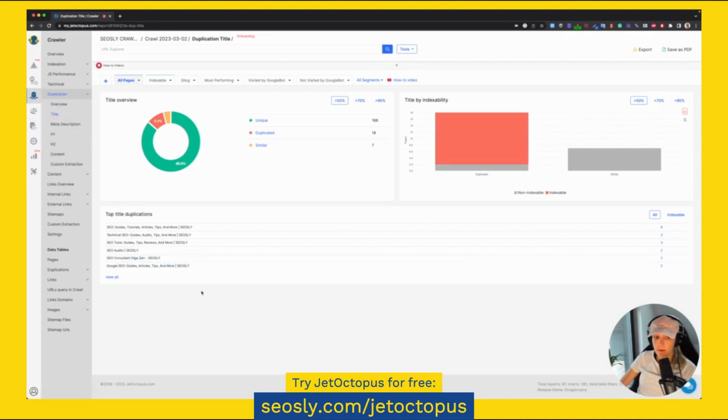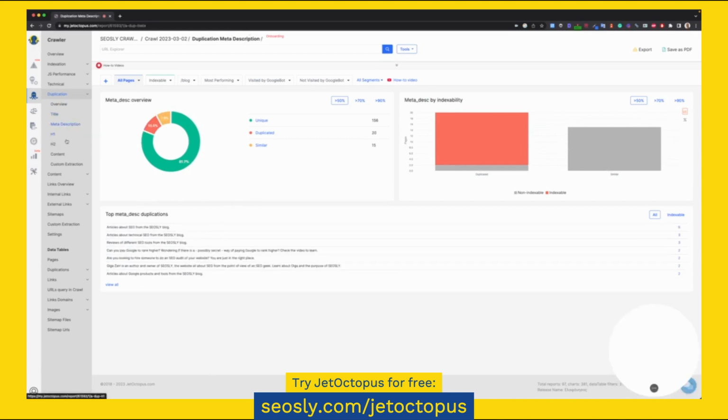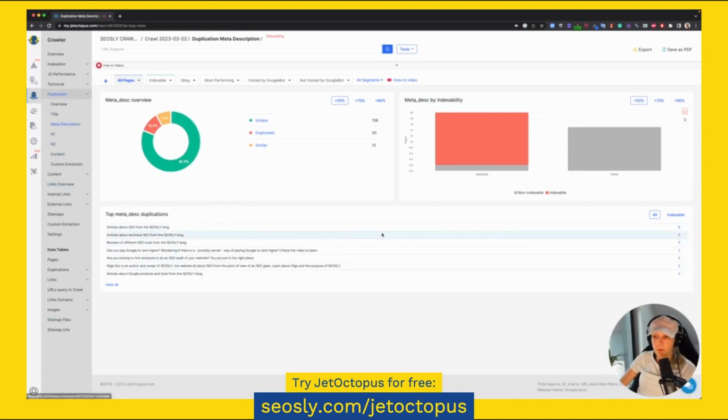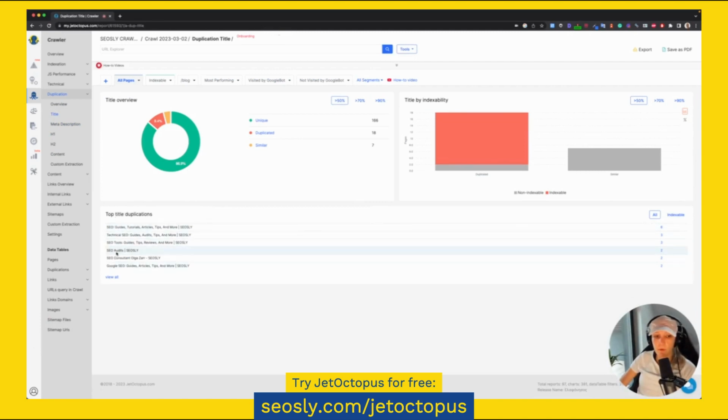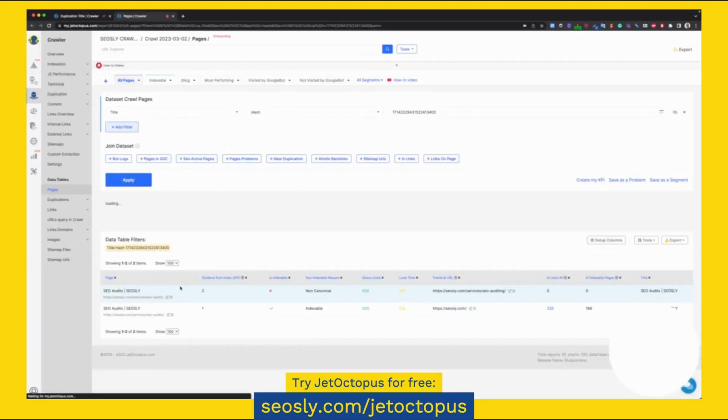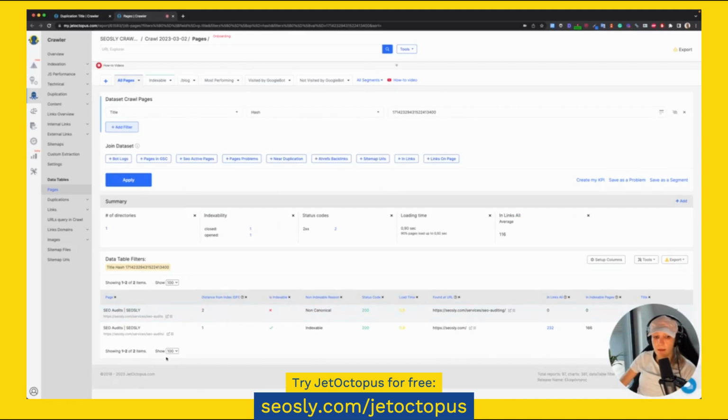That's why checking if titles are similar or identical is usually the best thing to check if this type of duplication is happening, any type of duplication, to be honest. So titles, meta descriptions. Let me check. Okay, so this is the duplicated titles for SEO audits. Let me check. So two indexable pages which have this title. Let me check what pages these are. And as you can see, this is